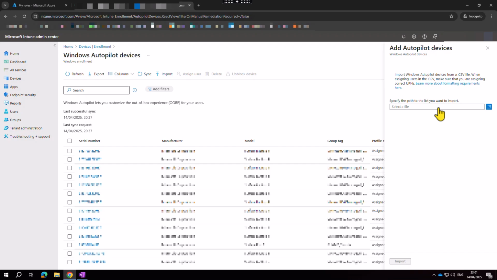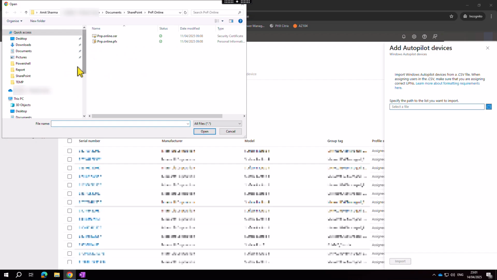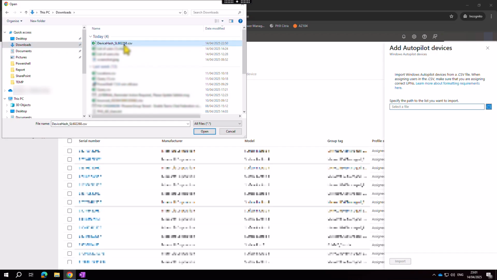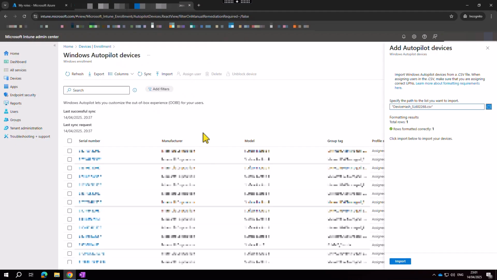Where it says specify the path to the list you want to import, I will select the file. I will navigate to the place where my file is saved. Currently, it is saved in the Downloads folder. I will select the hardware hash file and click on Open. On the right hand side, you see that it has total one row. That means I have one hardware hash for one particular device and the rows are formatted correctly. If it has a green tick, that means that my file is ready to upload and I can